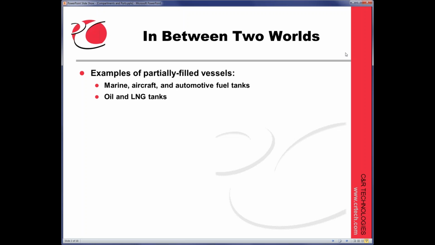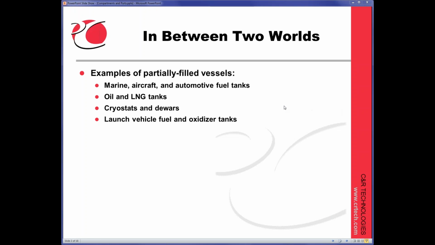So we end up with this much more complicated way of saying things, a partially filled vessel. But what we're intending the application for this to be are things like oil and fuel tanks, boat, aircraft, automotive, liquefied natural gas tanks, and other sort of cryogenic applications like cryostats and Dewars, or if you're into liquid propulsion, launch vehicle fuel and oxidizer tanks. There's just a lot of times when we have a fairly complex tank that's partly full and it's the focus